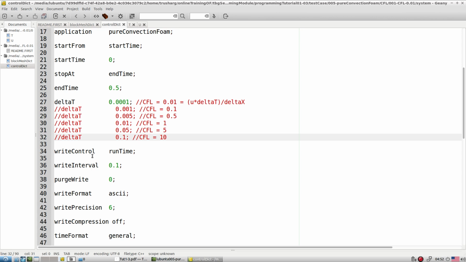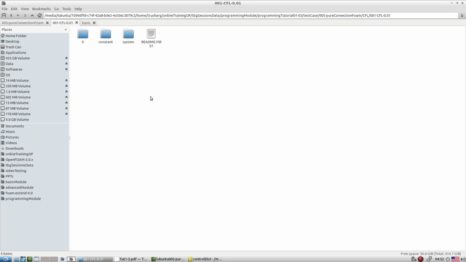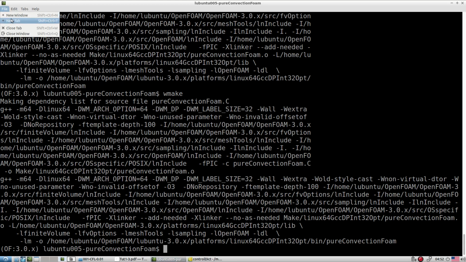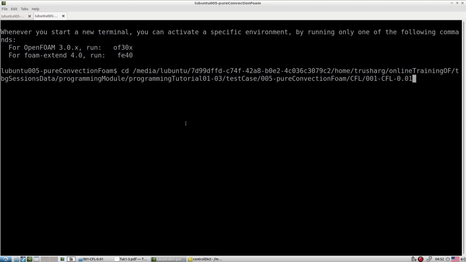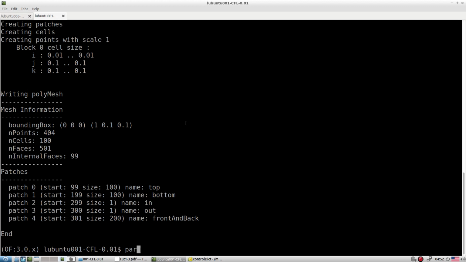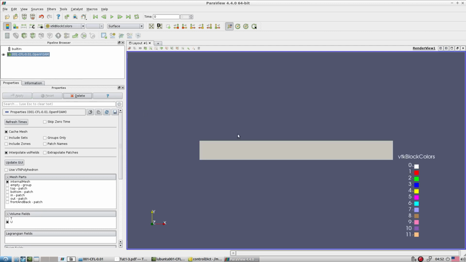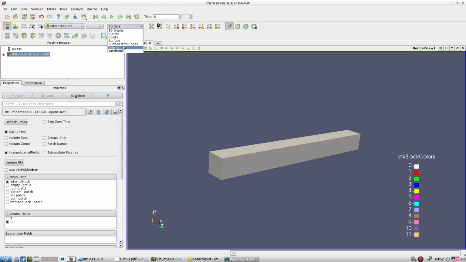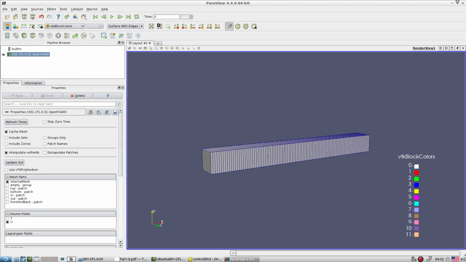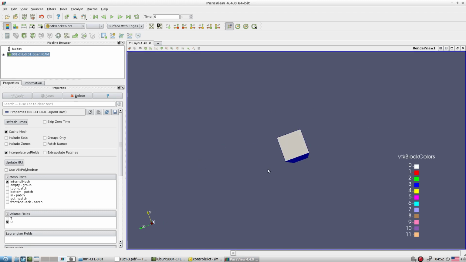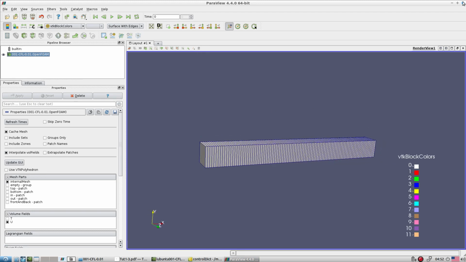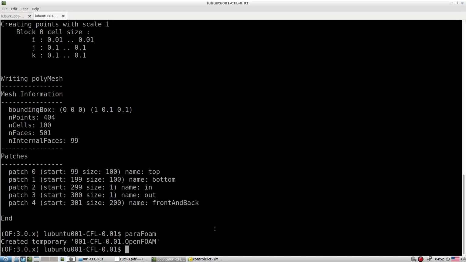So for that, first let's run the case so we have an idea how it is performing. So go here, go to the folder OF30X. Okay, blockMesh is fine, so check how the mesh looks. Apply. So this is the domain, and this is the 1D mesh. Here is the inlet and here is the outlet. Okay, so now let's run.